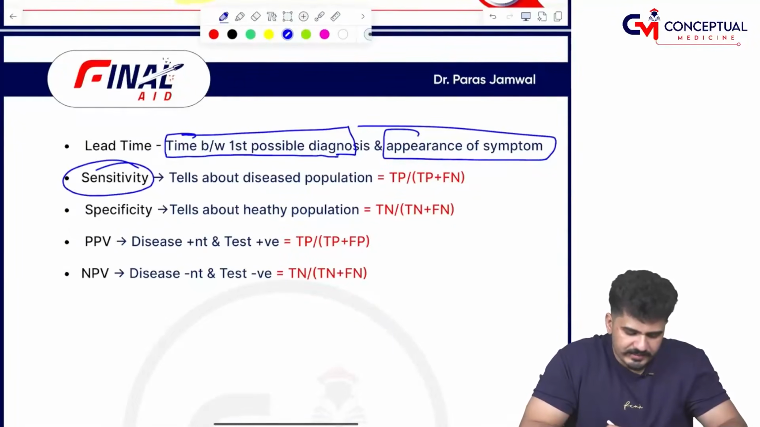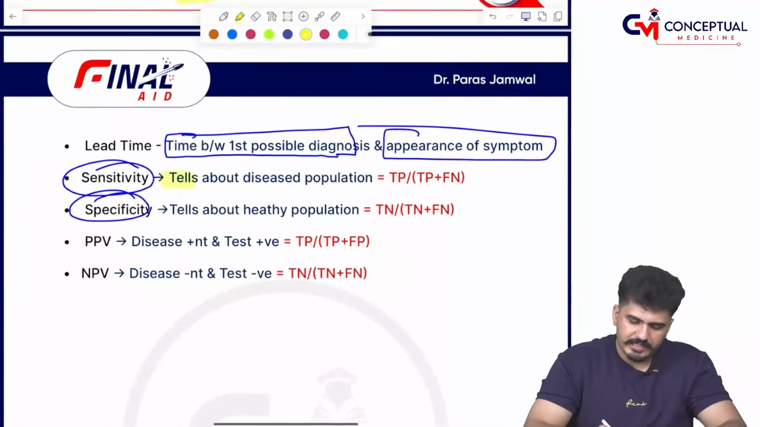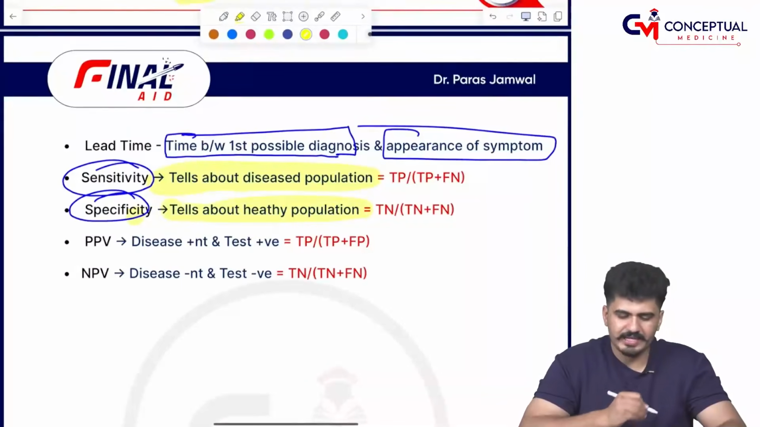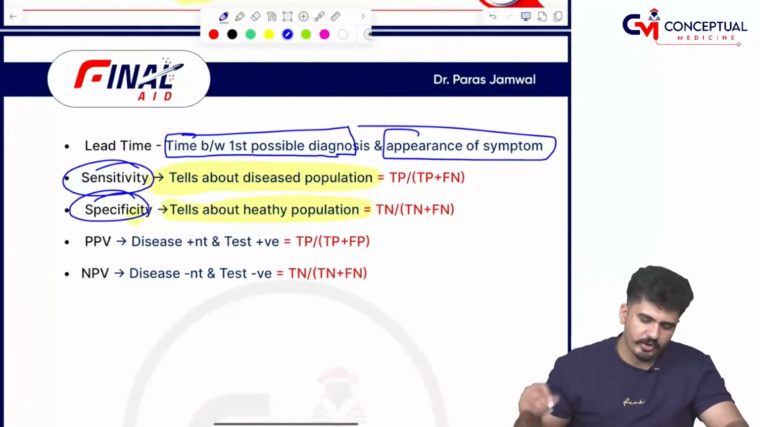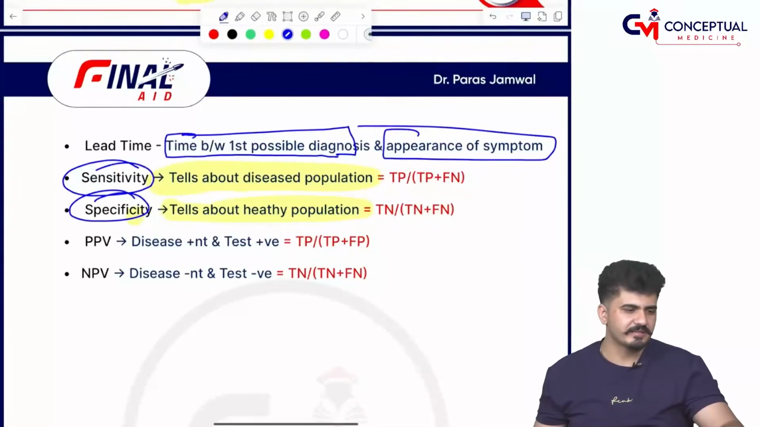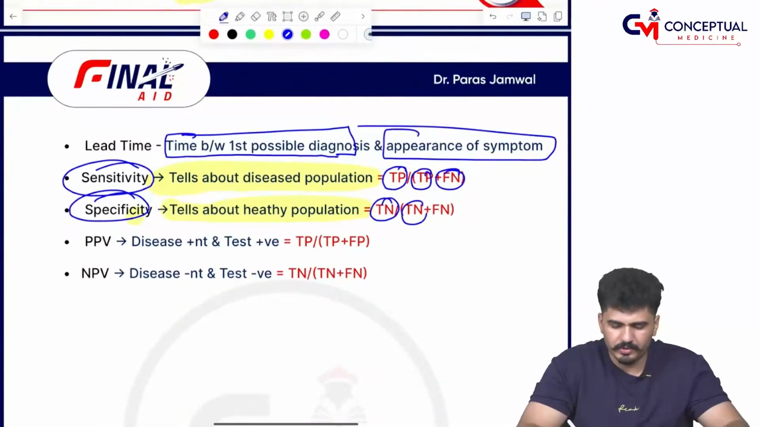What is sensitivity, specificity? One liner you have to remember for your exam. Sensitivity tells about the diseased population and specificity will tell you about the healthy population. बीमारी वाली चीज को कौन बताएगा, sensitivity, और ठीक वाली चीज को बताएगा specificity. Sensitivity is true positive upon true positive plus false negative, and specificity is true negative upon true negative plus